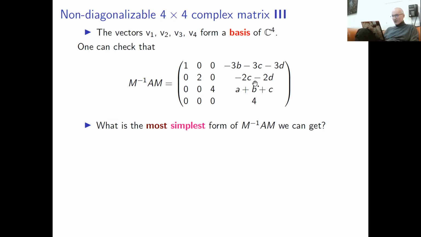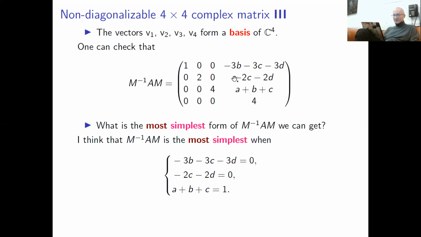The problem is with this part. Ideally, I want to kill this term and this term. I want to make them 0, but I cannot, because if I could, my matrix A would be diagonalizable, but it is not. So then I say, okay, maybe I can kill as many terms here as I wish. The simplest option is to make this guy 0, this guy 0. I cannot make this guy 0, but let's make it any number which is as simple as 0, but not 0. So it should be 1, because 1 is a very simple number. So I basically want to solve this system of equations. This is 0, this is 0, and this is 1.